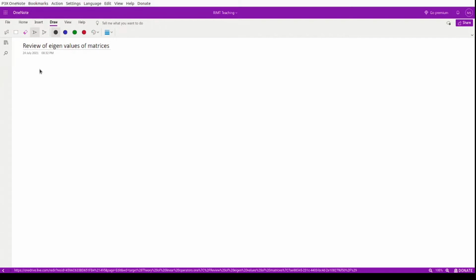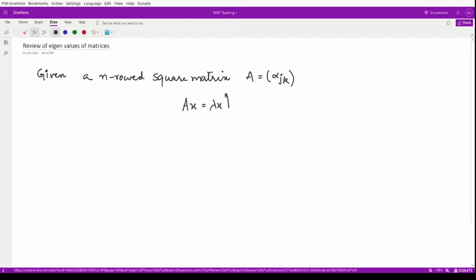If you are given an n-rowed square matrix, suppose that matrix is denoted by A, which has elements of this kind, alpha j k, where you have j rows and k columns. Then we can define the concepts of eigenvectors and eigenvalues by studying this equation, Ax is equal to lambda x. How? So let's see. An eigenvalue of a square matrix A is a number represented by lambda such that